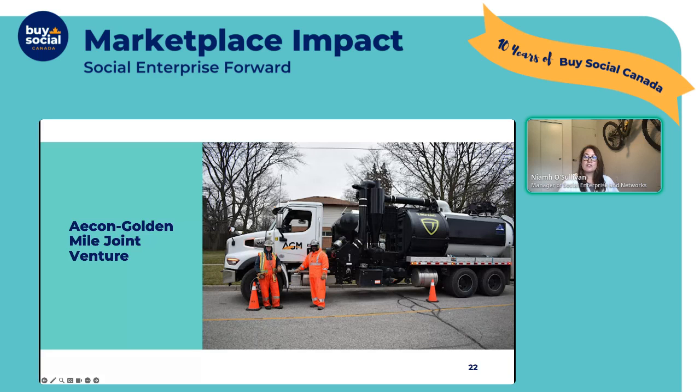A joint venture is a strategic partnership where two or more companies develop a new entity in order to collaborate on a specific project or venture. This arrangement allows each company to pool their resources, expertise, and capital to achieve a common objective and share the risks and rewards. In the case of AGM, Aecon Golden Mile Joint Venture, a nonprofit intermediary called CIEO and